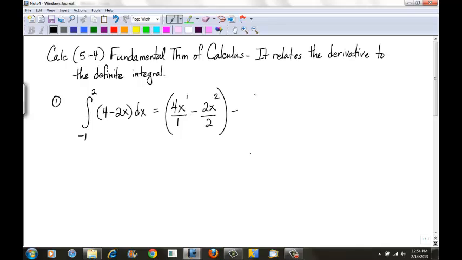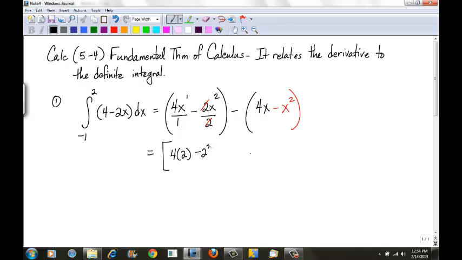So we could simplify. You do need parentheses or brackets. You can reduce, the 2's would divide out there, so minus x squared. Okay. Everybody okay with that? Now which one do I substitute in first? The top one. Okay. So we'd have 4 times 2